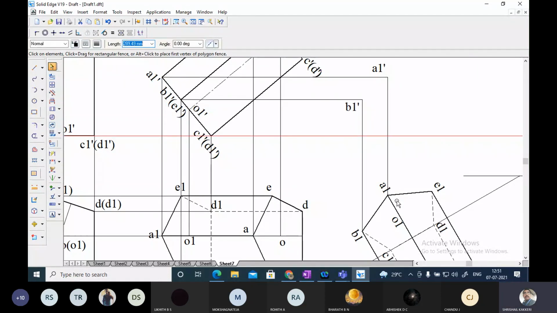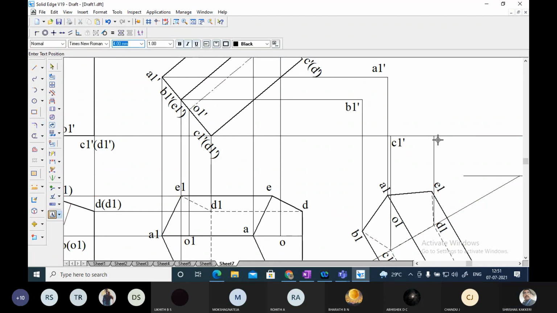And C, again C is on the same line, and you select from point C, and C is here, base. So this will be C1 dash, and similarly from point D, the D is on the same line, so trim this. So this will be point D, D1 dash.